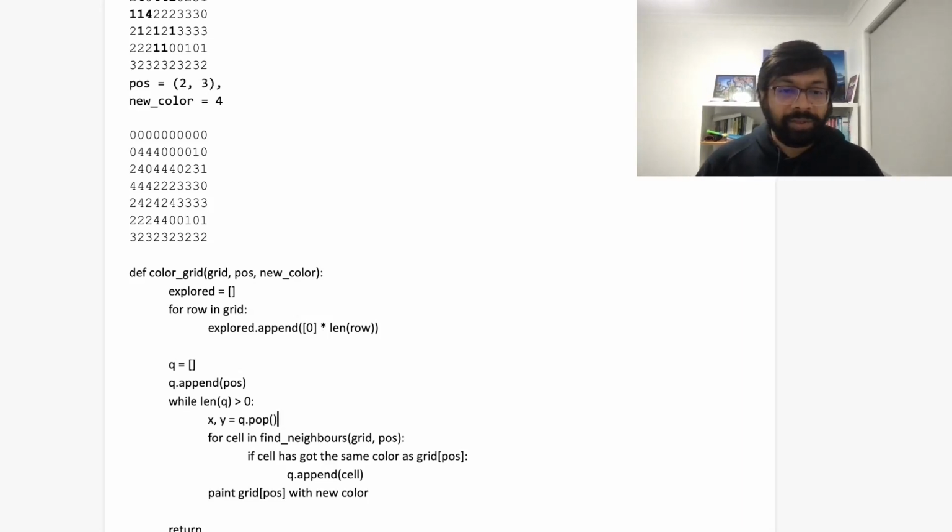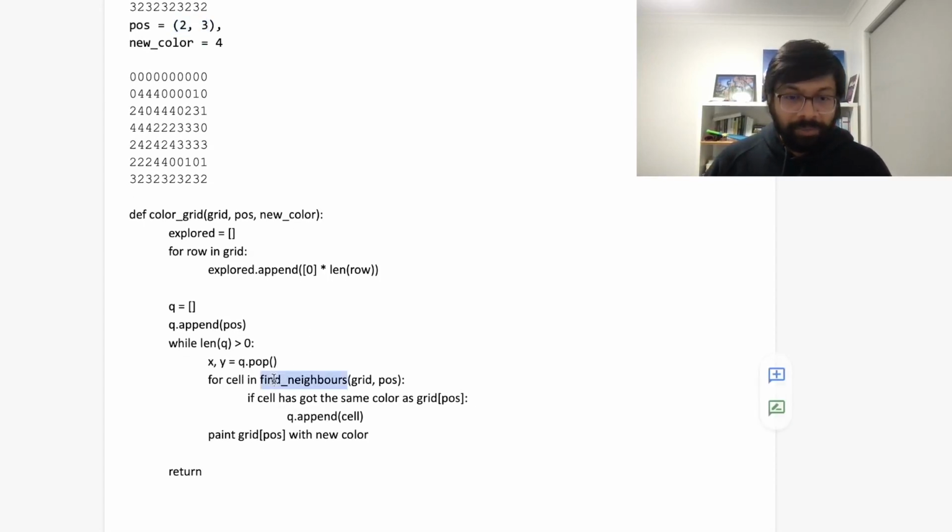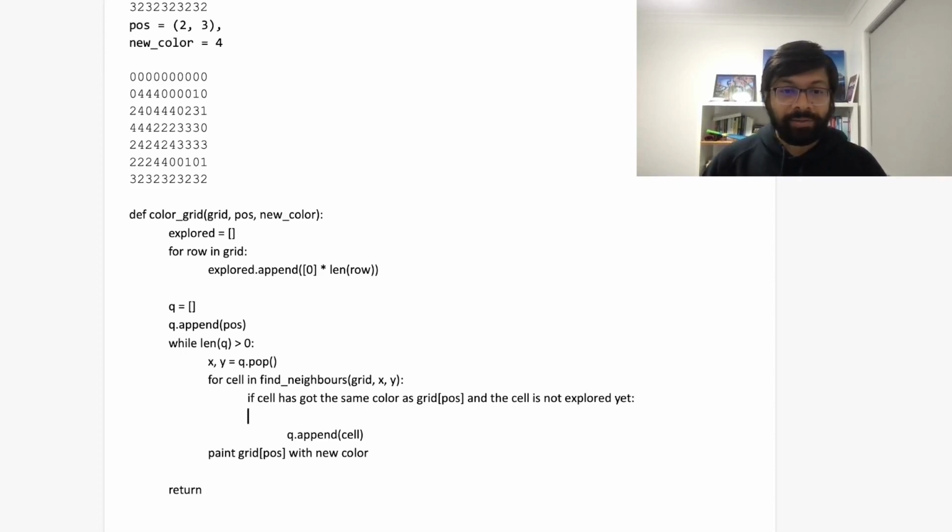So it will return a tuple, because the position is a tuple we already see here. And then we shall implement the find neighbors later. We send xy here, and if the cell has got the same color as the grid and the cell is not explored yet, right? Only then we shall append. So if I translate it into Python, then if